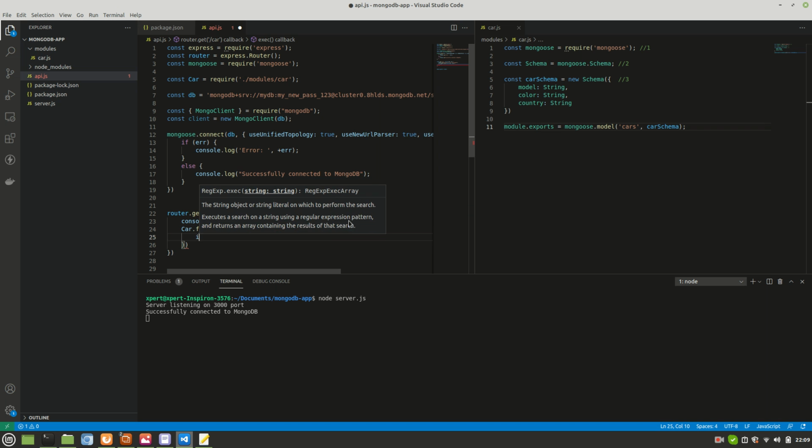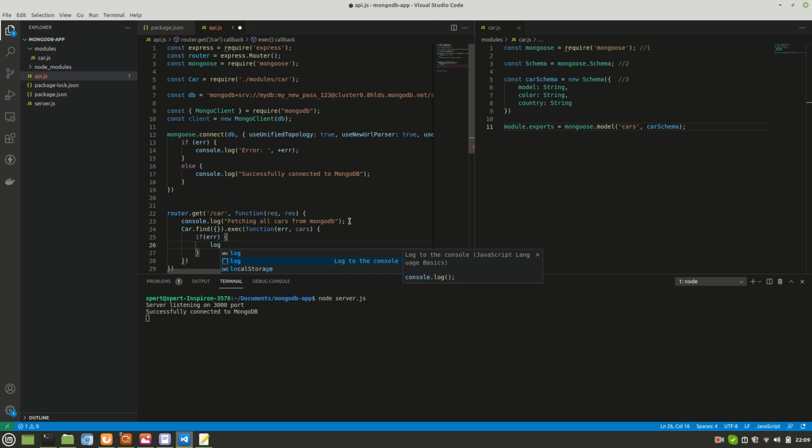So first thing first, if an error is caught, we'll just log one error: error getting cars.